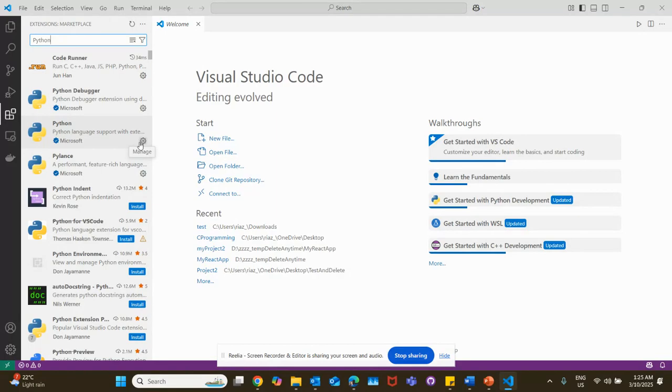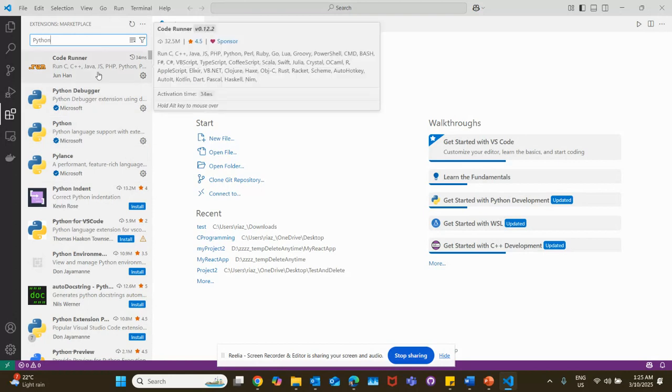This extension provides useful features like syntax highlighting, auto completions, and debugging. So after installing this one,